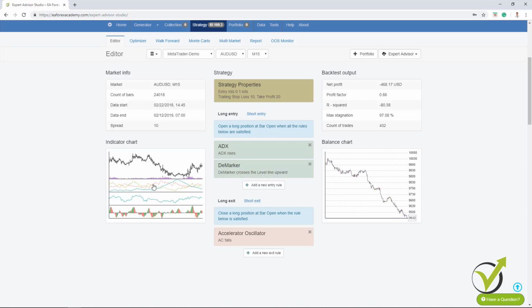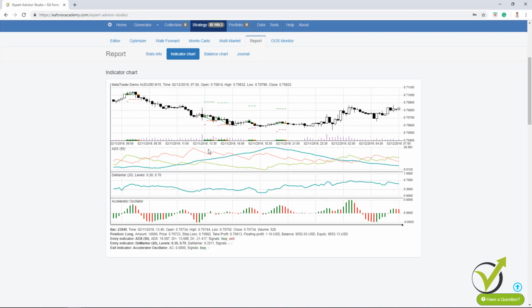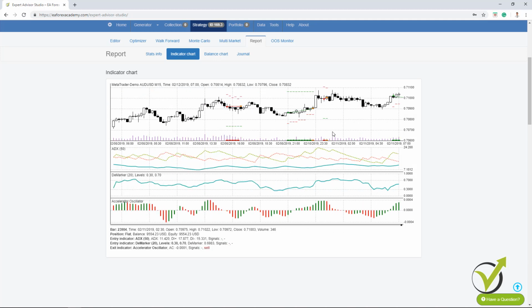On the left side we have the indicator chart. This is where we can see the chart with the indicators that are used in this strategy, and we can see where the trades were opened and where the trades were closed. If we have these green bars below the chart, we are in a long trade, we are buying. If we have the red ones, we are selling, and there are these small arrows which show us when the